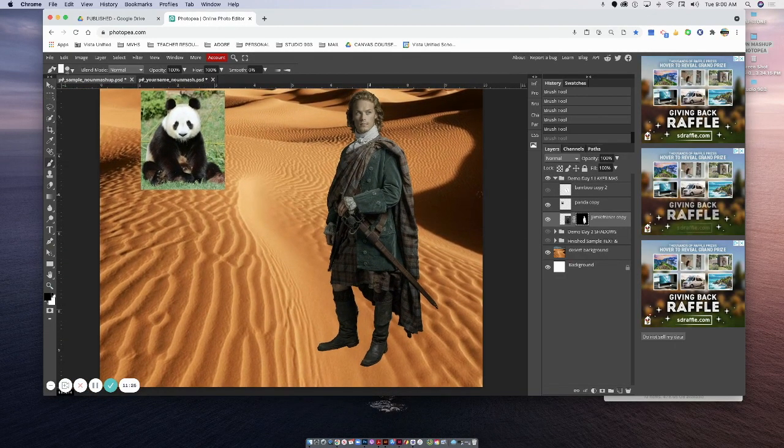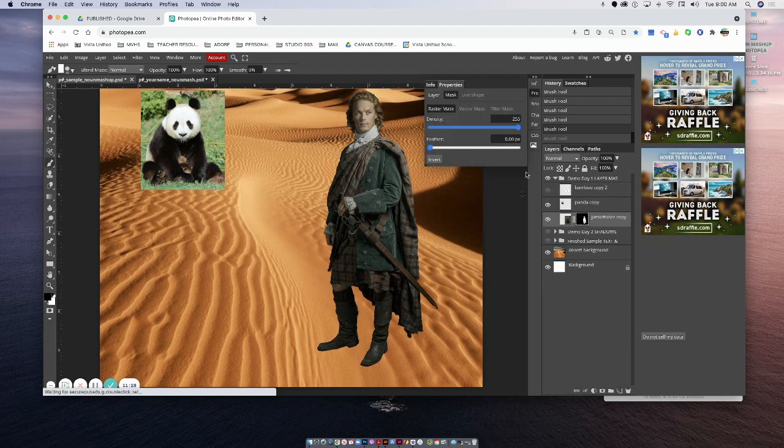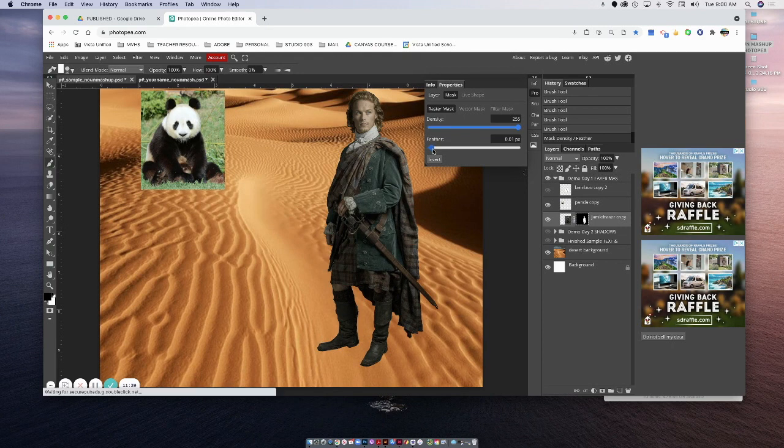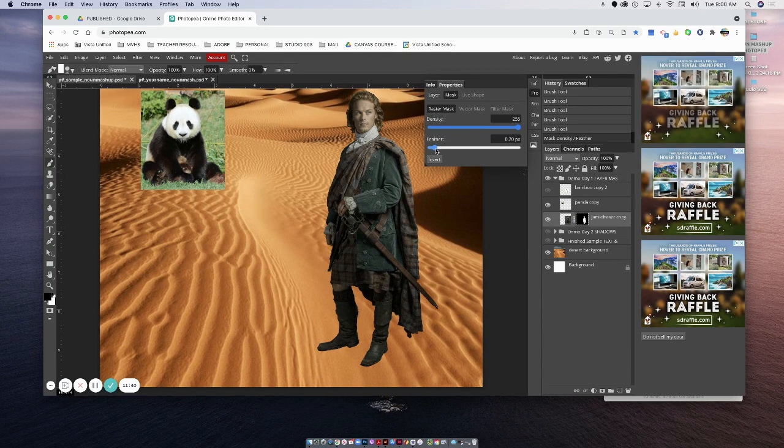You can also double click on the layer to activate the properties panel. In the properties panel, you can adjust the edge of the mask by feathering it slightly, and it will soften the edges slightly. If you go too far, it's going to blow out the image entirely. It's softening the edges a lot. You don't want to do that. So you can just feather very, very subtly to soften the edges between your black and your white selections